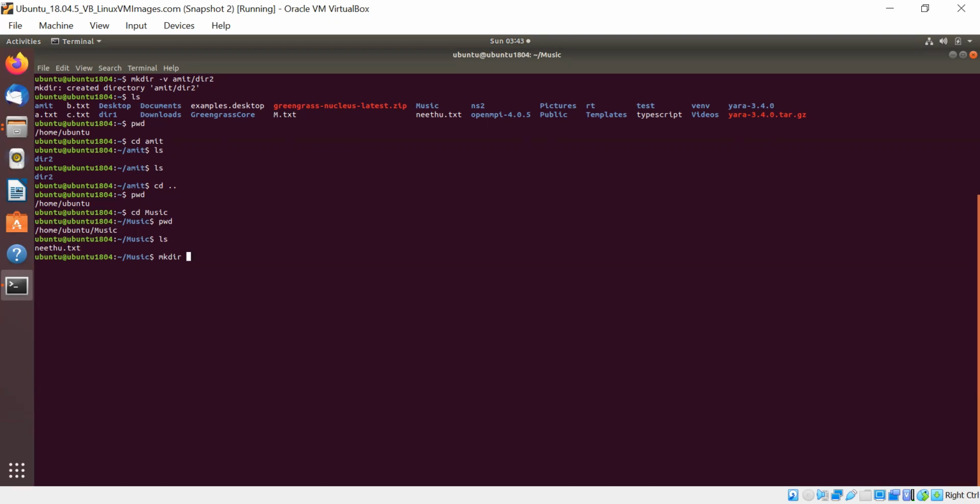Now, if you want to create directories here, how are you going to do that? mkdir -v dir1/dir2/dir3. It means I am creating a directory here, inside that dir2, and inside that dir3. Suppose dir1 is your main folder, the parent folder.